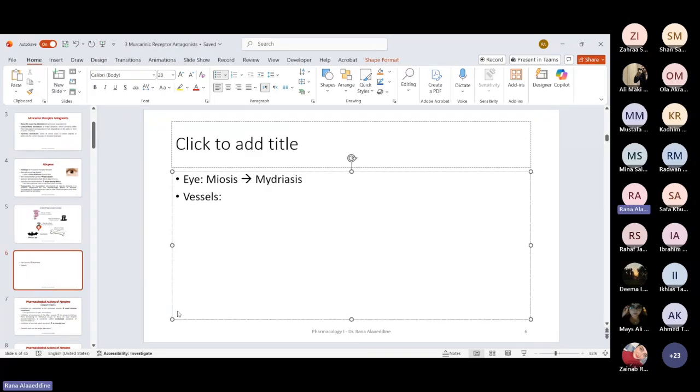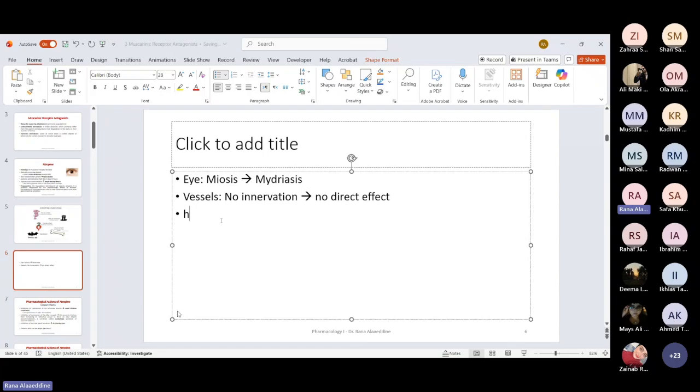Yes, if you activate M3, but do you remember, was there any sign of neurons that belong to the parasympathetic nervous system on the vessels? Did they have anything? No. No, right? So there's no innervation. So in general, there's no effect on the vessels. Remember this. This is very, very important. There's no direct effect on the vessels because there is an indirect effect somewhere. Okay,